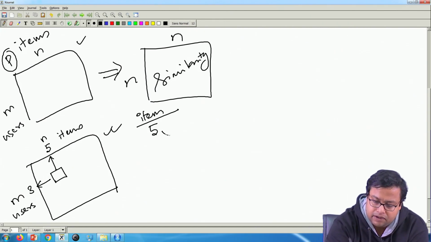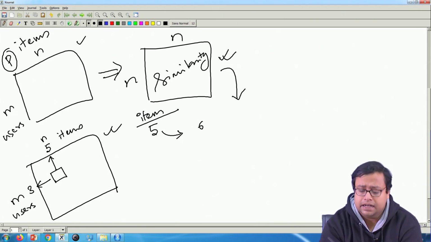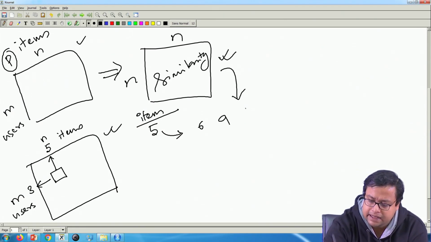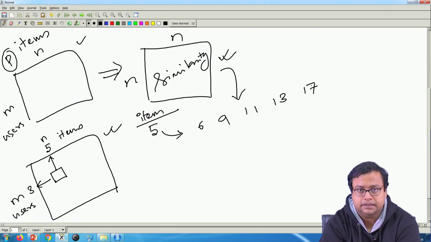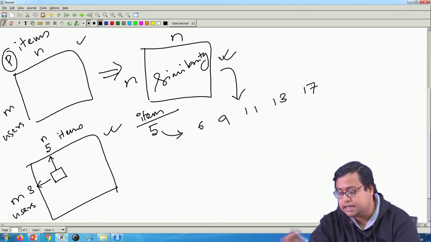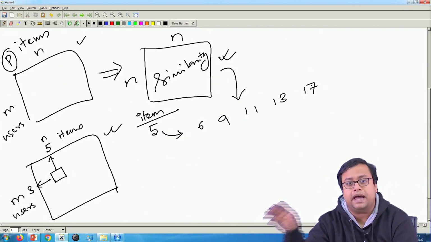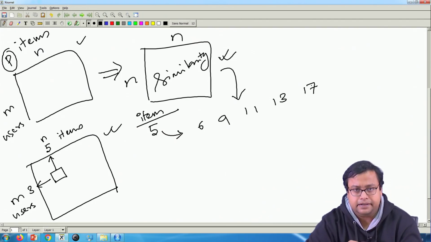So, let us say I find out from this matrix that item number 5 has similar items, and I get this information: item number 6, 9, 11, 13 and 17. These 5 items are the most similar items to item number 5. Now, I will recommend item number 5 to user 3. Listen to this carefully. I will recommend Mahuna to my friend.